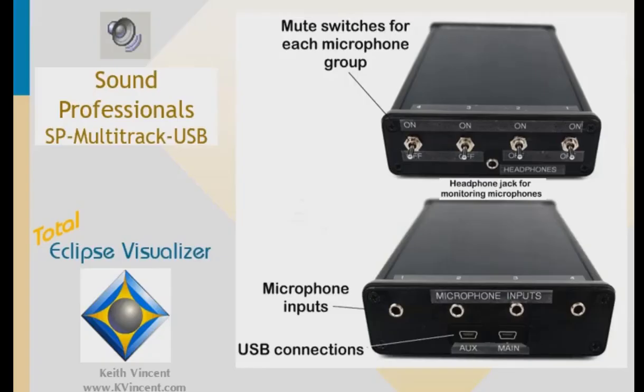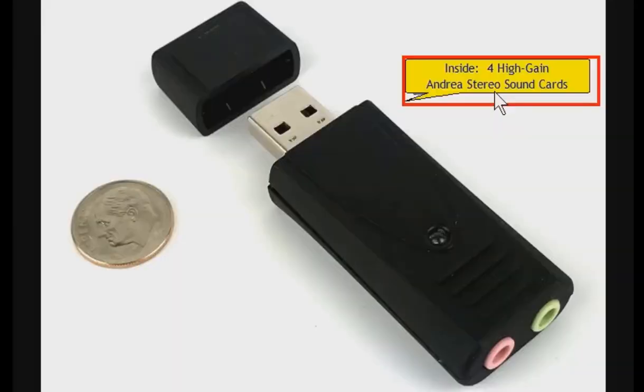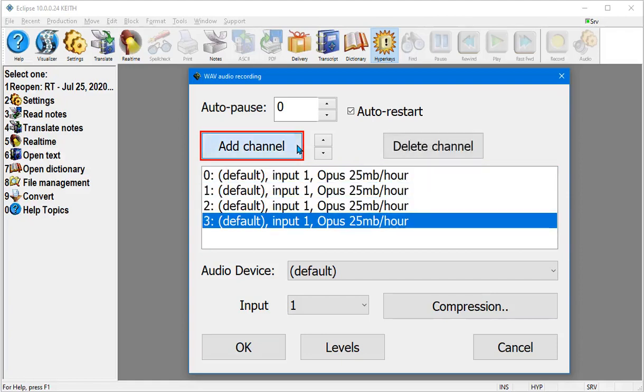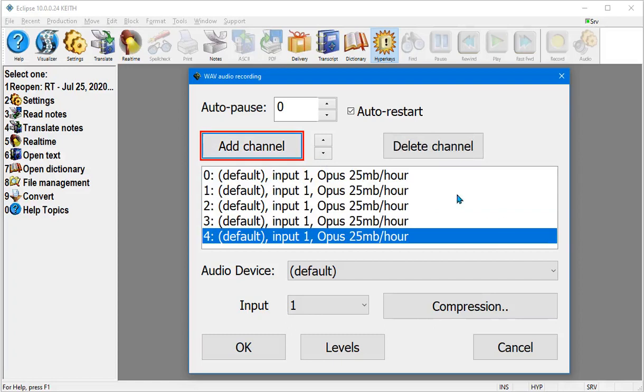In this example, I want to have separate recordings for 4 speakers in proceedings. So I'm using a product from Sound Professionals that does not just allow me to plug in 4 microphones, as might be the case in a courtroom where multiple microphones are fed into a mixer to create one audio channel. The product that I'm showing here actually contains 4 separate sound cards inside. That's why it can produce 4 separate recordings. Other hardware supports even more separate channels, but in this example, I'm setting up for 4 speakers with each a